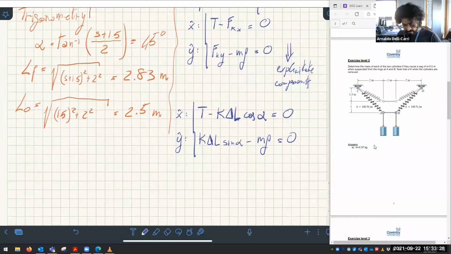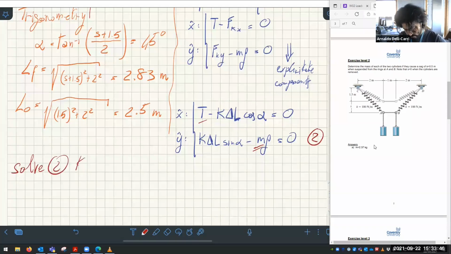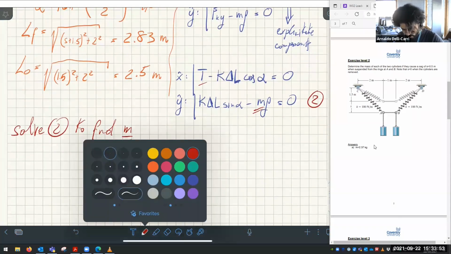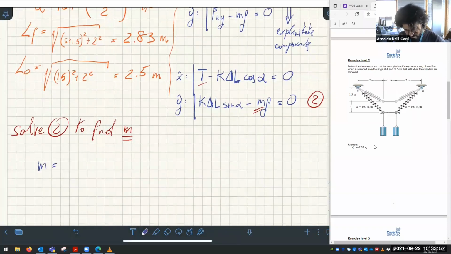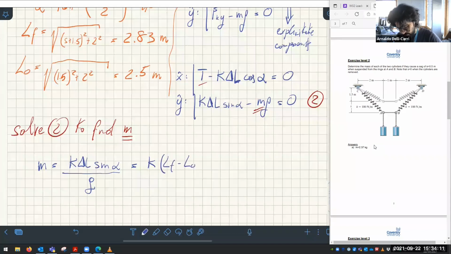Okay, we have everything here. The two unknowns are T and M. So since we only want to find M, we don't care about T. We don't care about this one. We only solve equation 2 to find M. So that means that M, the mass that we want, equals K delta L sine alpha divided by G, which is still equal to K times L final minus L original, sine alpha divided by G, which is equal to, ideally, 2.37